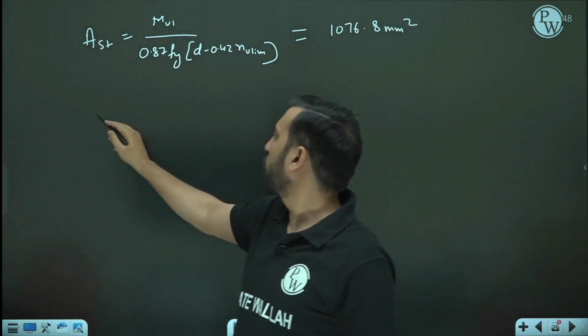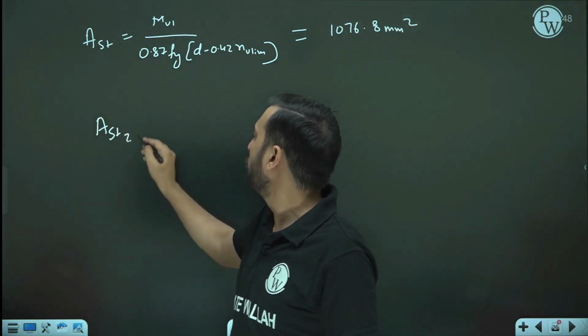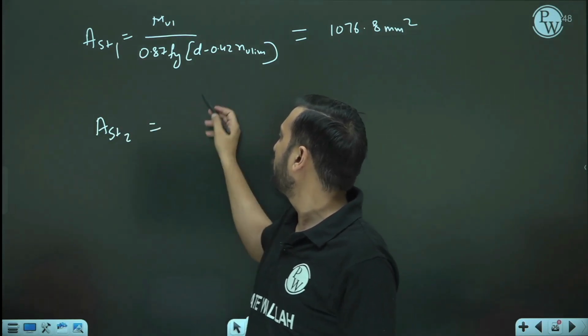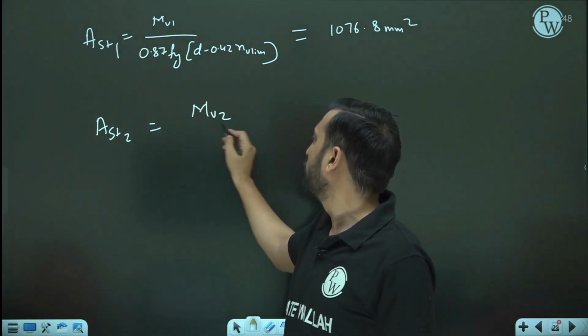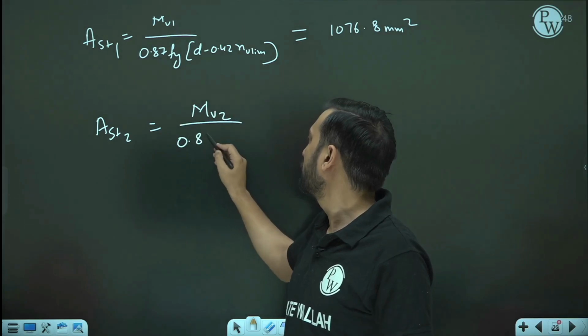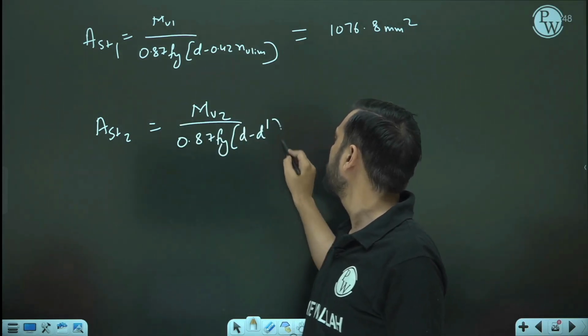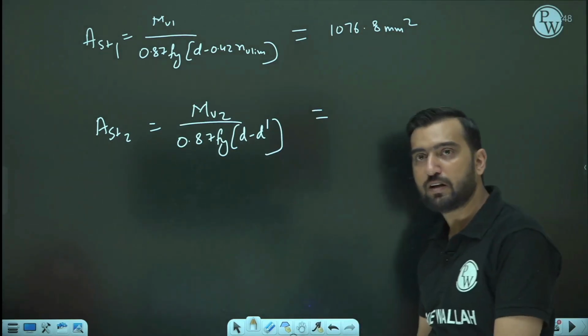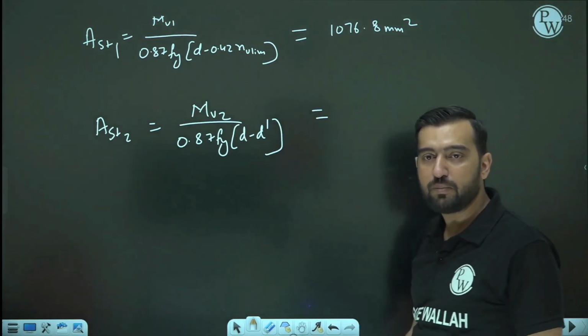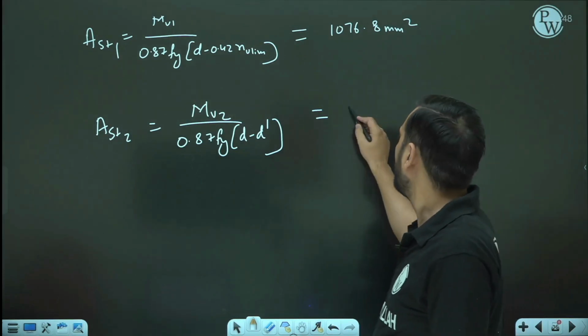Similarly, Ast1 is for Mu1 or Mu lim and Ast2 is for Mu2. It is again 0.87 fy, but the lever arm will be different, it is d minus d dash. So Ast2 comes out to be 347.25